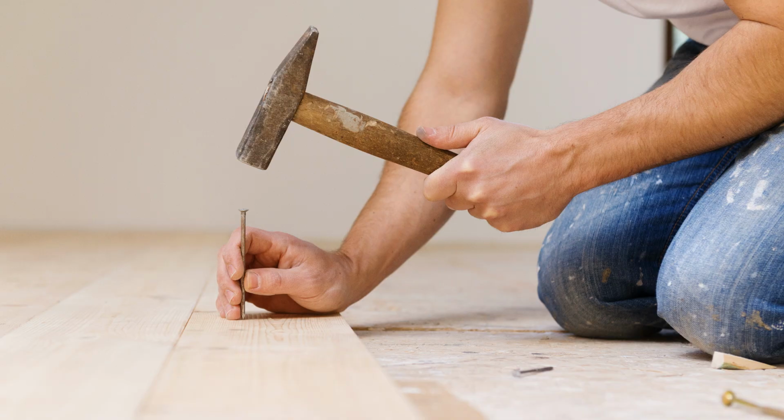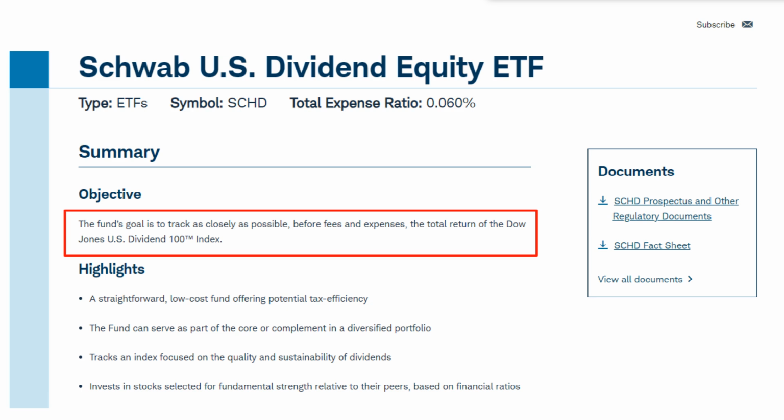Which brings me back to something I have been trying to hammer into the heads of my YouTube subscribers as well as the students in my dividend method program. You need to know what you invest in. As mentioned, SCHD tracks the Dow Jones U.S. Dividend 100 index. I'll give you a brief explanation why these companies were removed by explaining a crucial point in the index.